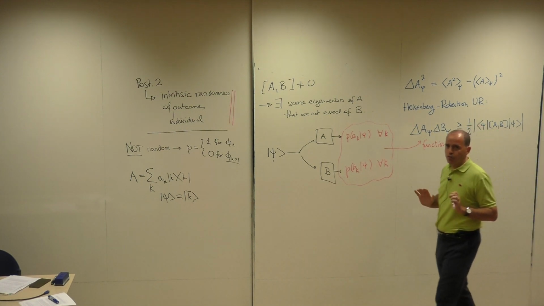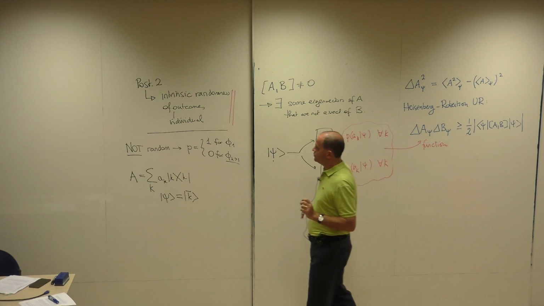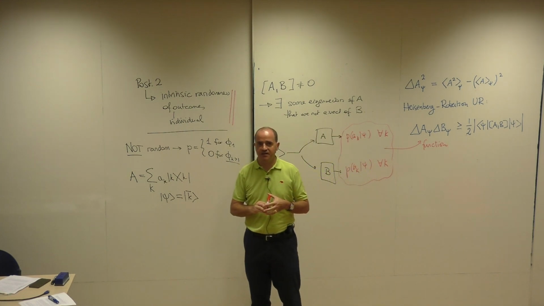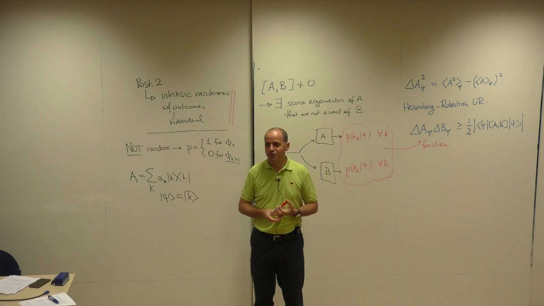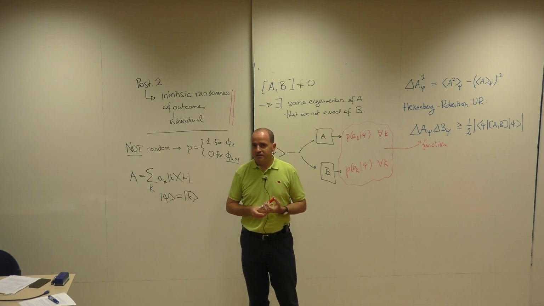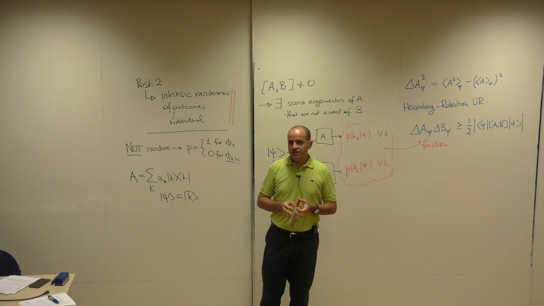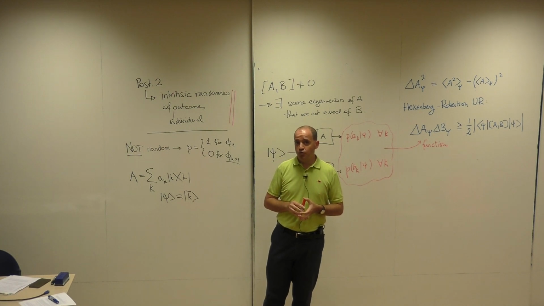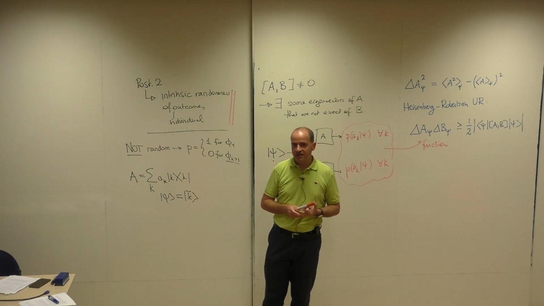Okay, this is all that I wanted to say about measurements. Again, I could say much more on the uncertainty relations, but maybe one day I will devote a full video to it. In this moment, for the scope of this lecture, it is not particularly important. I want to mention, just before moving to the next topic, which is the evolution of physical systems, postulate 3, two things that I did not discuss in this introduction to quantum theory.